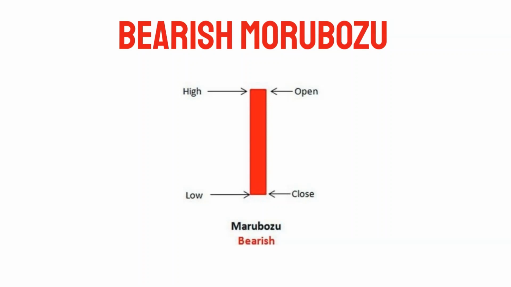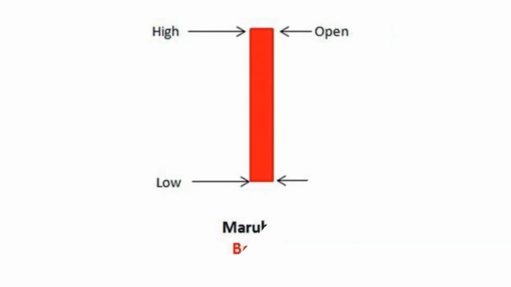Bearish Marubozu. Bearish Marubozu indicates extreme bearishness. Here, the open is equal to the high, and the close is equal to the low. Let us understand market psychology behind this candlestick. A bearish Marubozu indicates there is so much selling pressure in the stock that the market participants actually sold at every price point during the day. Also, selling pressure is so much that the stock closed near its low point of the day.